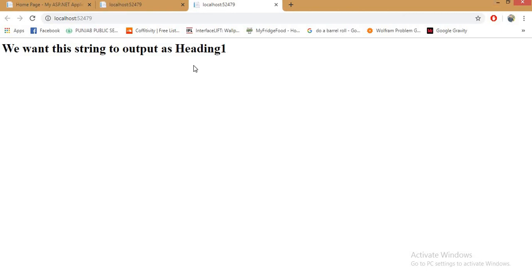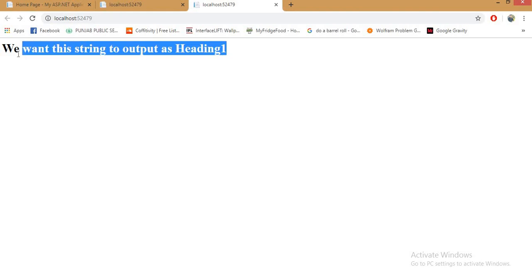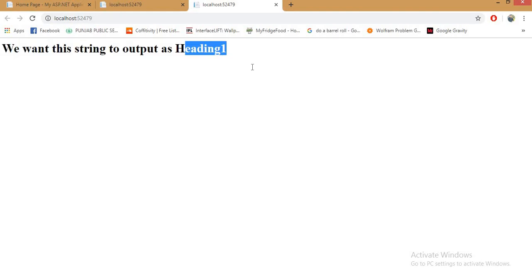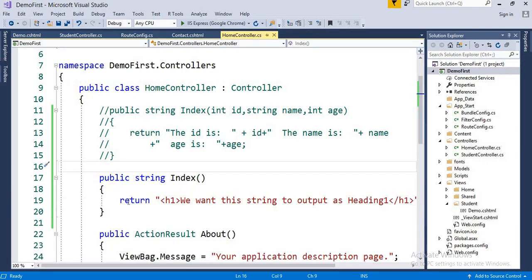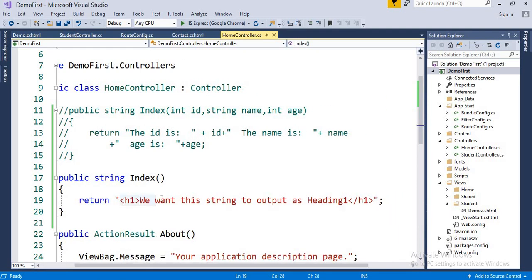So this is one thing, guys. If our purpose is just to display the string in a single line, this is okay. We can use this kind of method to return a string as a tag, but this is not a good